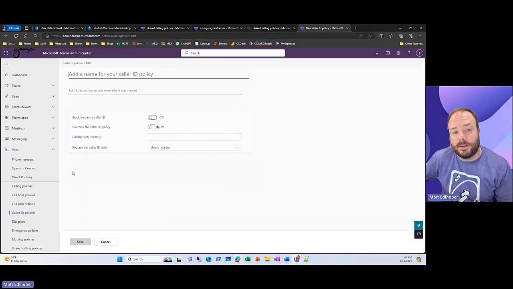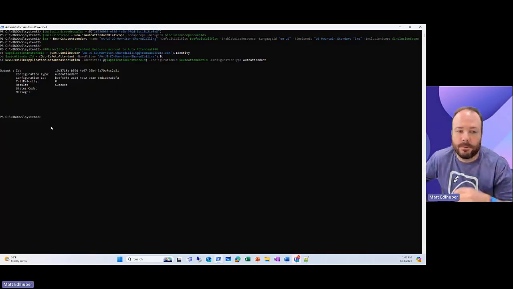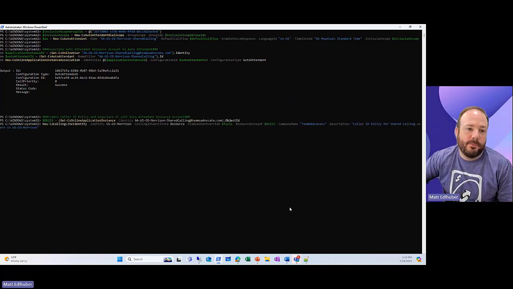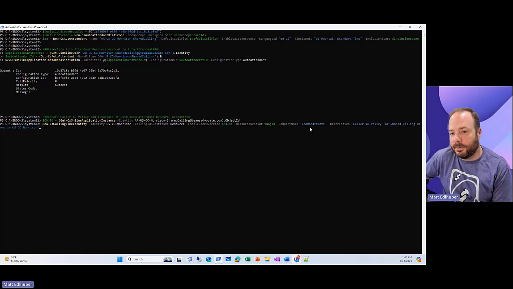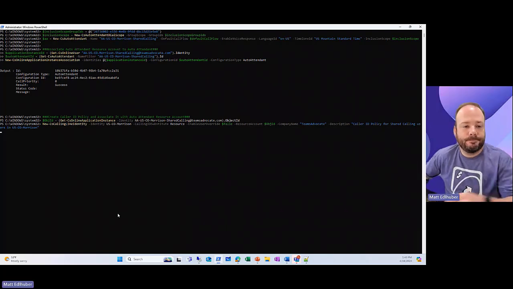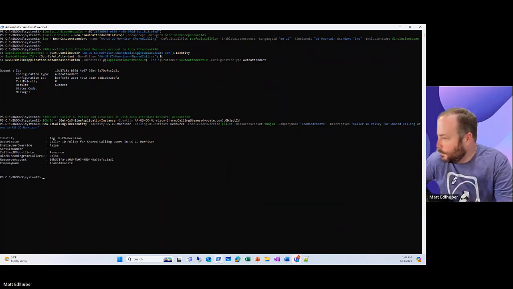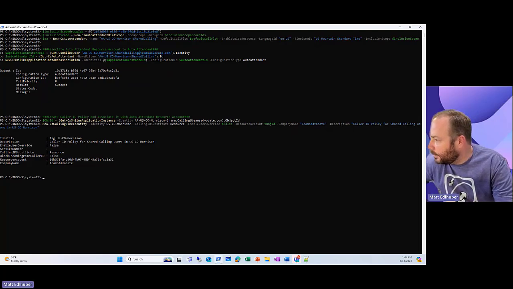Therefore, we need to essentially create a caller ID policy, and we will associate that with a resource account to our shared calling number. So again, we're going to do that through PowerShell here. So we are referencing the object ID of our resource account. We're going to create a new calling line identity, give it a name. Substitute type is going to be that resource account. A few other parameters. We can give it a company name if we want, and then a description. All right. So at that point,